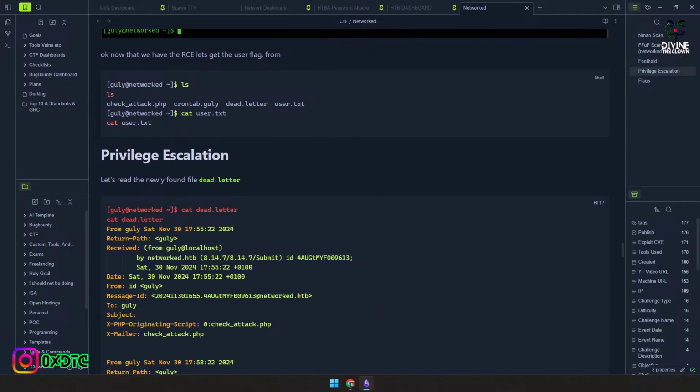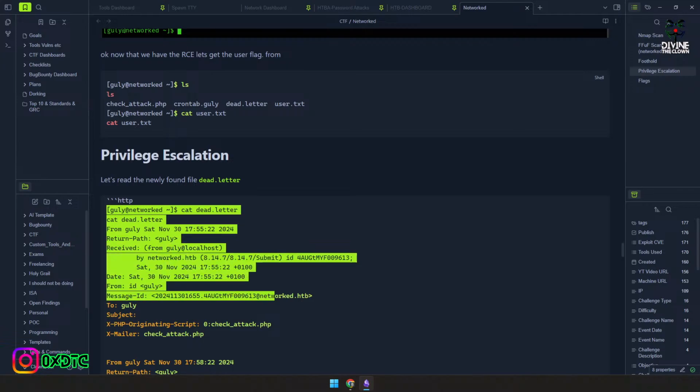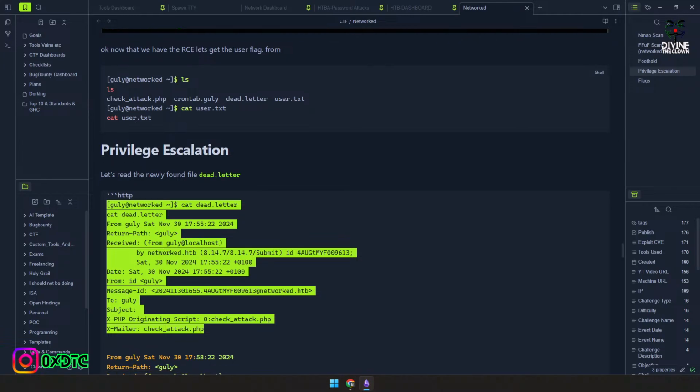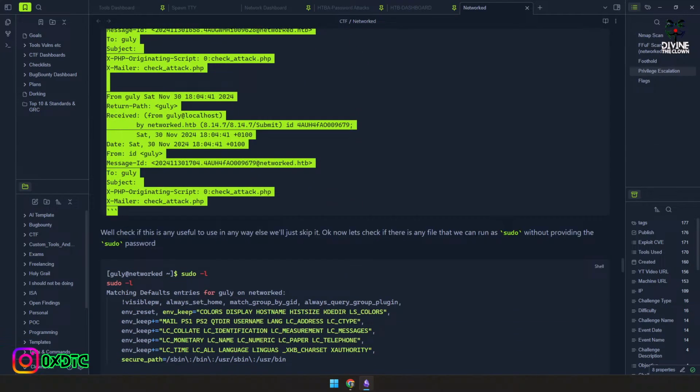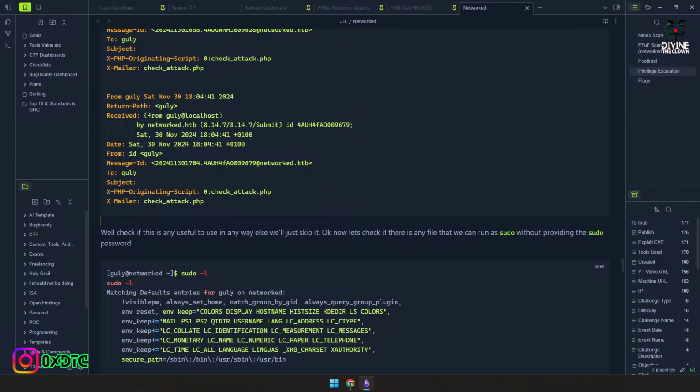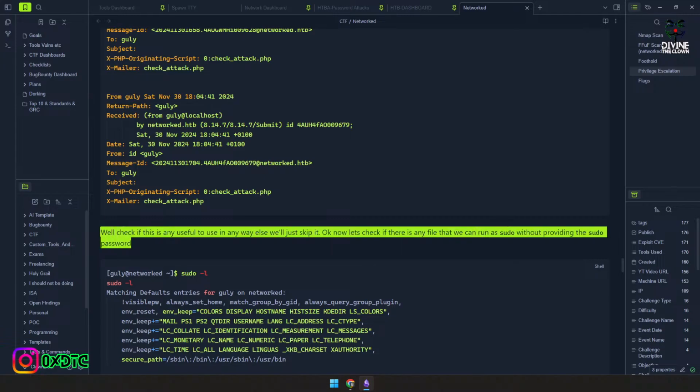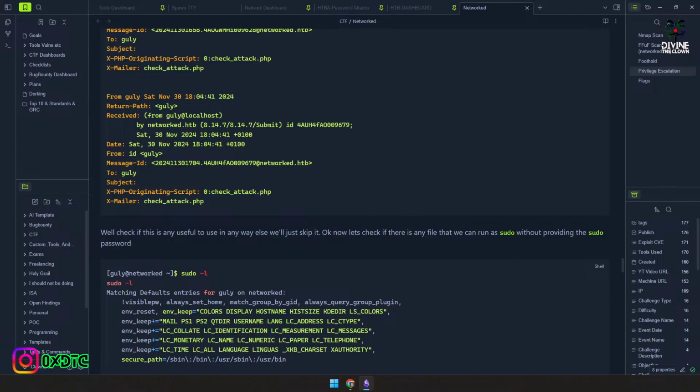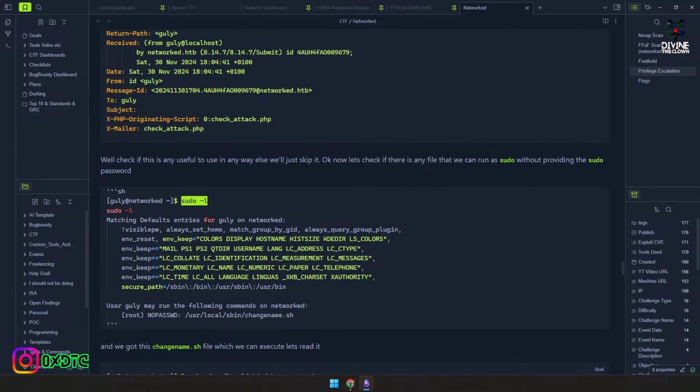So now once we got our access, we also checked what this dead letter is, and it was containing some messages or emails that it found malicious and sent to the user. So it was able to send all of that. After that, we tried to read it to see if we found anything useful, then we'll check it again, but we can skip it. But after checking around, we found that the sudo user can perform